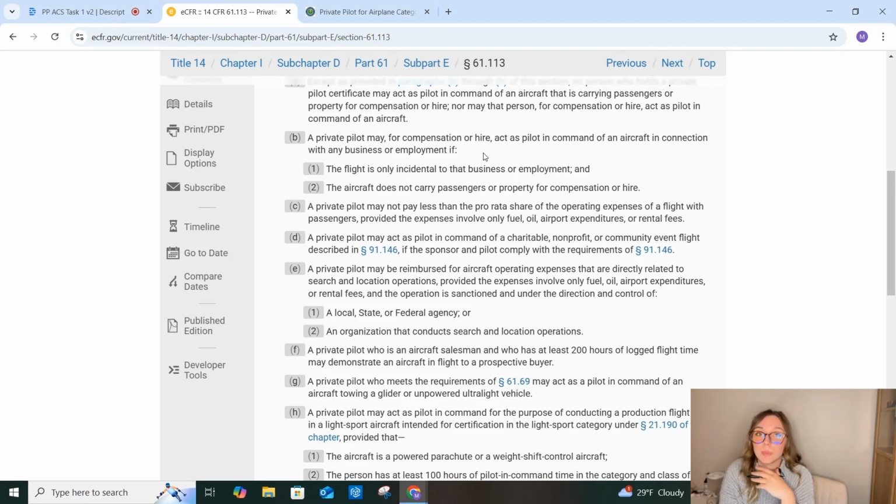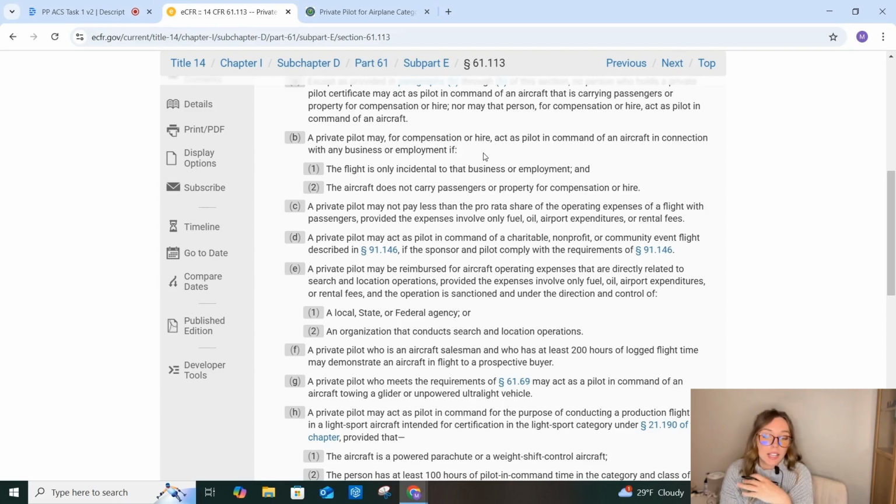It's not related to your business. It's not like you're flying executives over for this meeting, but you prefer that as a mode of transportation, and otherwise you would be driving your car, which you can totally do, but now you have your private pilot license. Your company's reimbursing you anyways. They can reimburse you for that plane